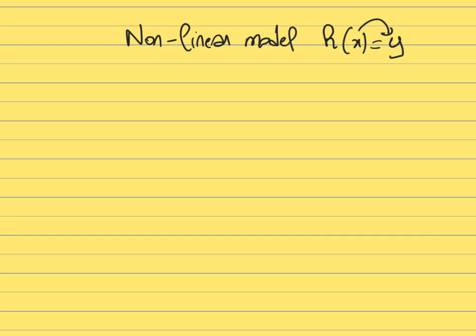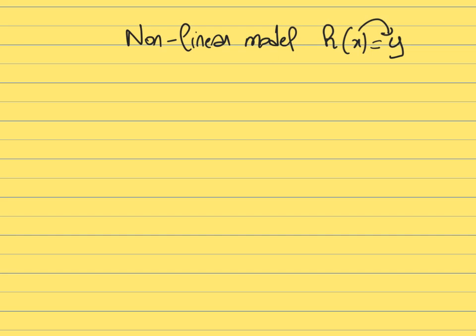So the cases where artificial neural network is really going to be beneficial as compared to linear regression or to lasso, for example, is in the case of a non-linear model. And by non-linear model, what I mean is when you have a non-linear hypothesis. When the hypothesis of your model, the way you map X into Y, is governed by a non-linear relationship, a non-linear function, then potentially artificial neural network is going to be a better choice than linear regression or than lasso.